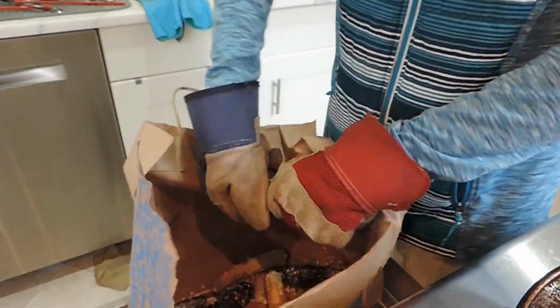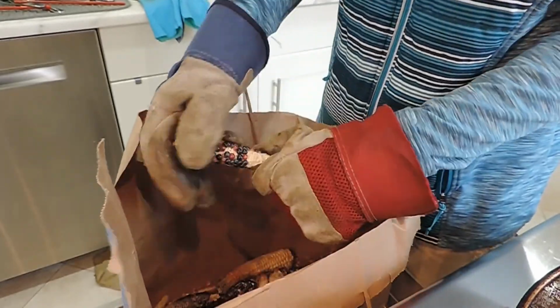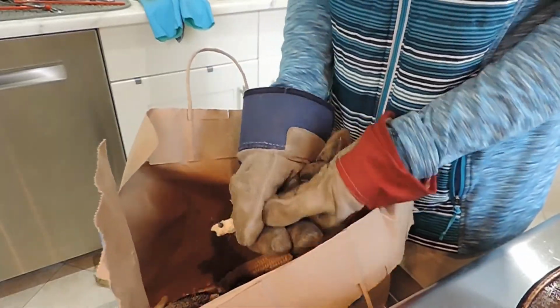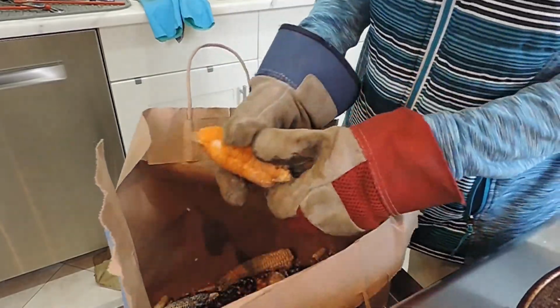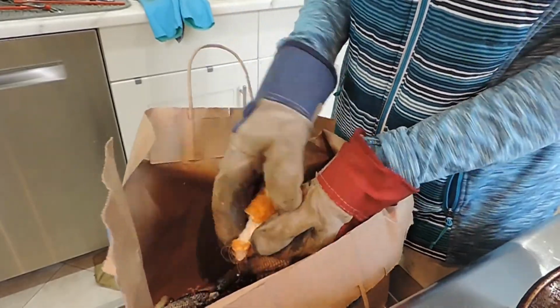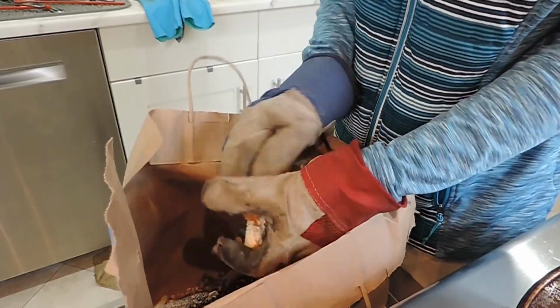These are a lot harder. They're round and smooth. It's a lot harder to get around and under. Oof. I have to find an implement for those. Alright, so this one's still